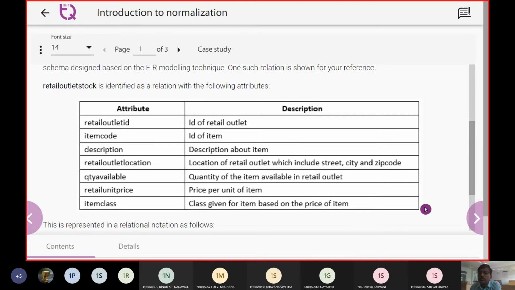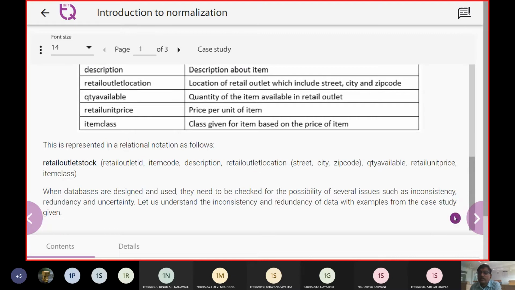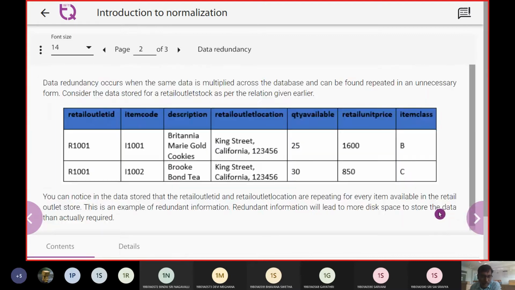So we can discuss again, and these are the different attributes which are going to be part of the database: retail outlet ID, item code, description, retail outlet location, quantity available, retail price, and item class. Now here what we should see is that there should not be any duplicacy of data.